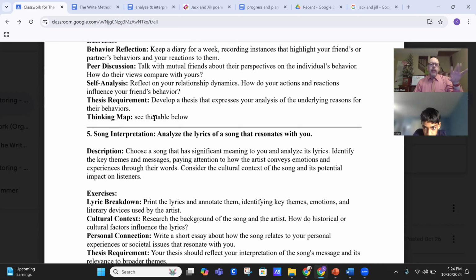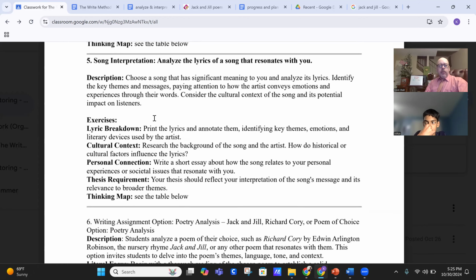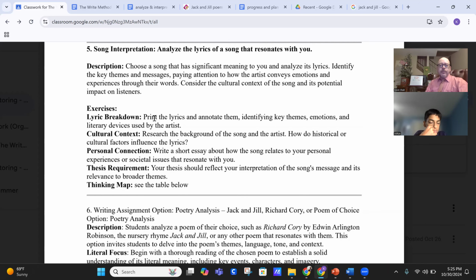Okay, the next one is a song interpretation. Everything I said about poetry usually applies to songs as well. Analyze the lyrics of a song that resonates with you. Choose a song that has significant meaning to you and analyze its lyrics. Identify the key themes and messages, paying attention to how the artist conveys emotions and experiences through their words. Consider the cultural context of the song and its potential impact on listeners. So there's a lyric breakdown, cultural context,